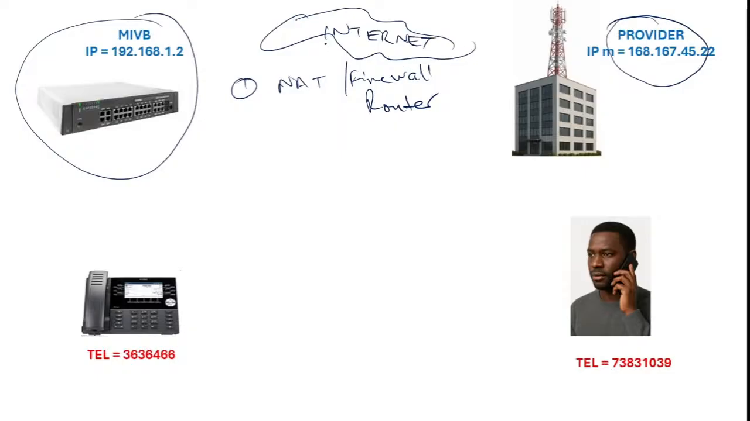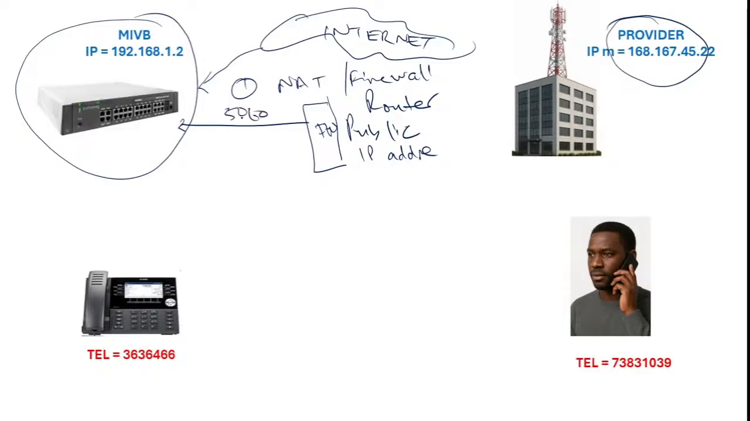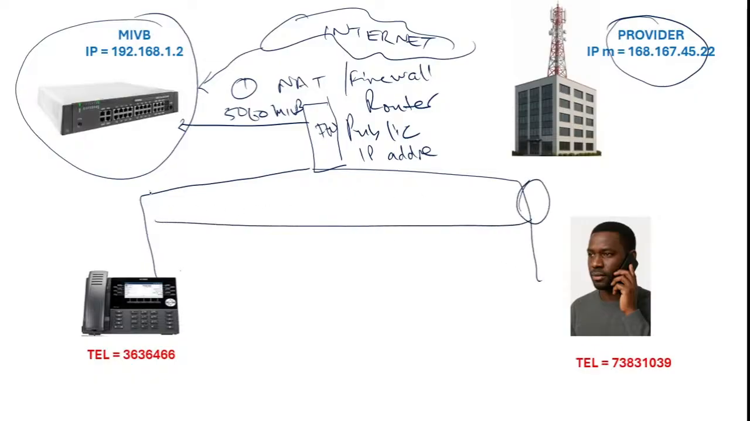then what is bringing internet to our MiVoice Business or into our LAN should be a firewall or a router or some other device, and that device should have a public IP address on the internet-facing side. If this is our firewall, we should have a public IP address, and this public IP address should have a port forwarding of port 5060 to the MiVB, and it should be able to allow the setup of the RTP tunnel, the media path between